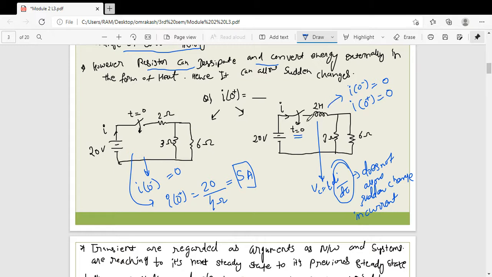But when you see at infinite time duration, at t equal to infinity, what is the current flowing in that circuit? I at infinity: the inductor acts as a short circuit, right? And the 5 ampere current is flowing in that circuit. So for these 3 instants of time you get this current. At t equal to 0 plus, it is equal to 0 because of this inductor.